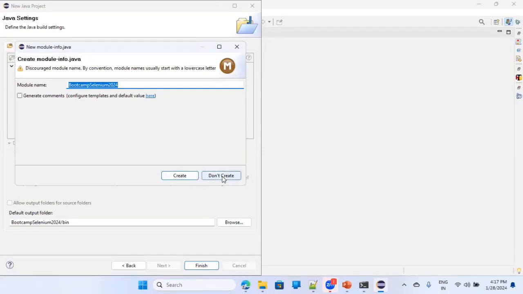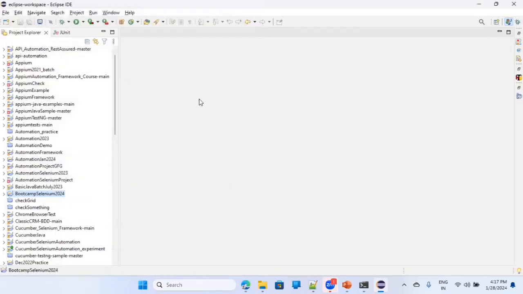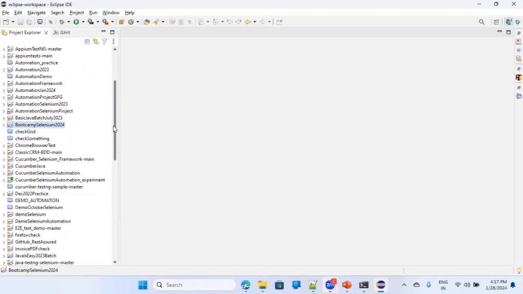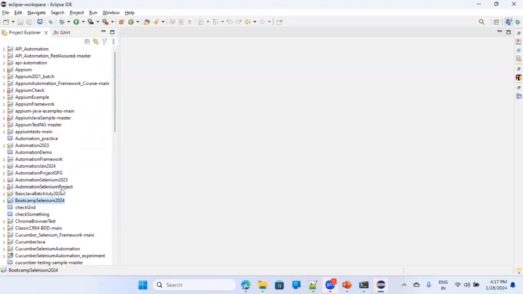Okay, I can click on don't create. I don't want any module inside, right? So I want to create a simple project, very simple project. So once I do that, see here at the left-hand side, I'm able to see Bootcamp Selenium 2024. A project is created. The simple project structure, if you see,